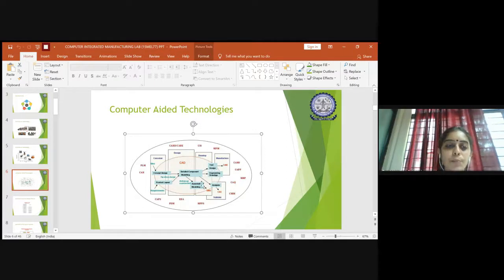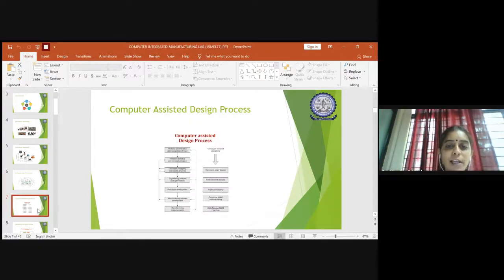Due to these computer-aided technologies, you can now see how the design process has changed. This is the actual design process which people used to follow to do the actual manufacturing without the concept of computers. And now we are integrating computers into our manufacturing process. This is the flowchart for computer assisted operation.